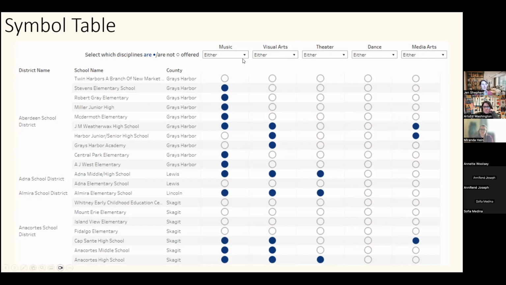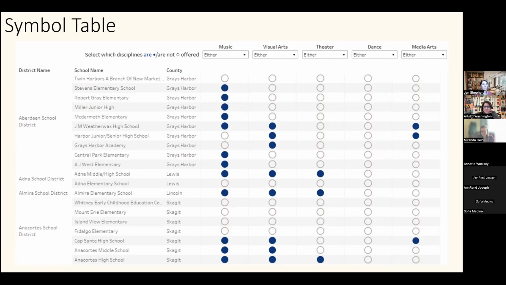And so you could filter this to all no's if you wanted to see the schools that don't offer any arts, or all yeses to see who offers all of them. But it's a pretty quick way, again, of seeing what is and isn't there in the data. And what I also really like about this chart, even though its primary purpose is to see what a particular school offers, you also start to get a sense of a pattern of the schools as a whole,